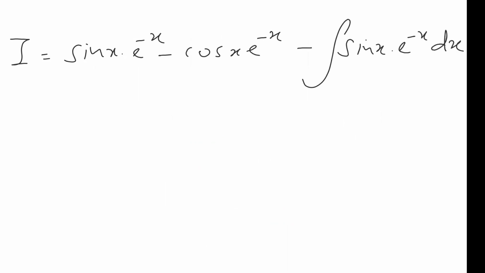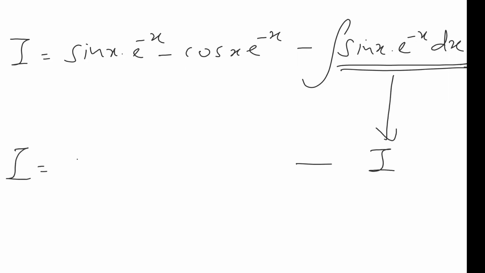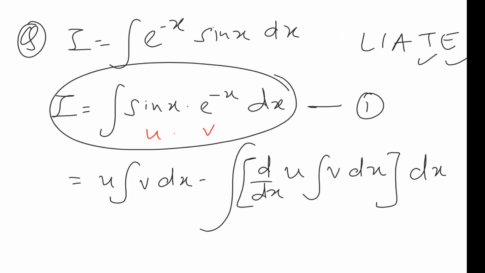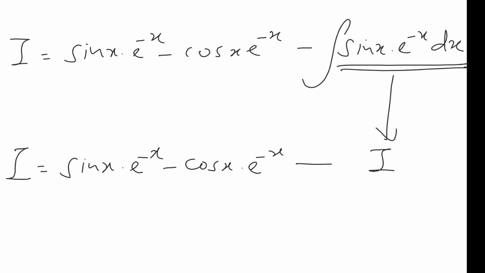Now this we can't solve once again by taking this as u and v. This is a recursive function. It will occur again and again. It will be a never ending thing. So this part will be replaced with I. If you take a look at equation number 1, I'll show you that. So it will be replaced with I. Fine. So this minus I